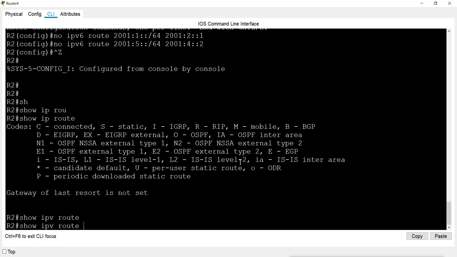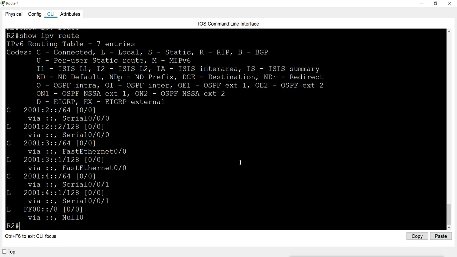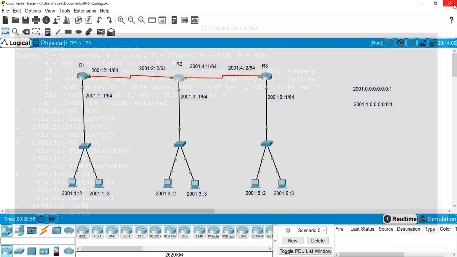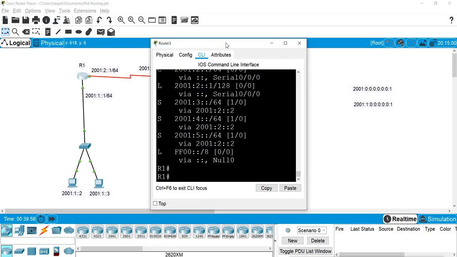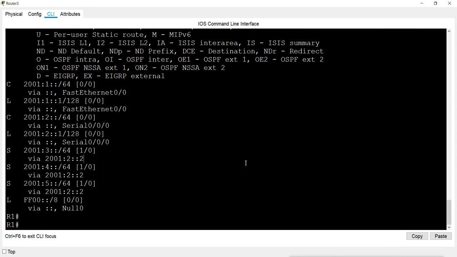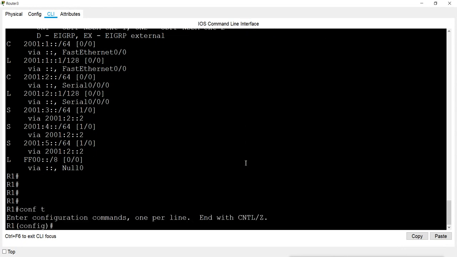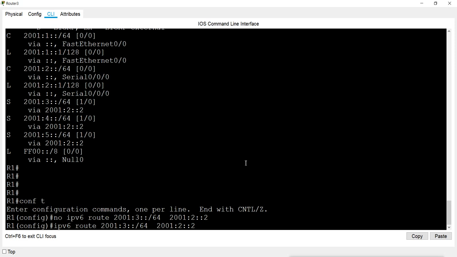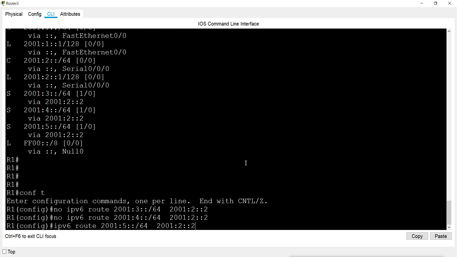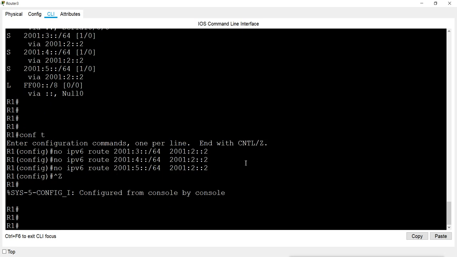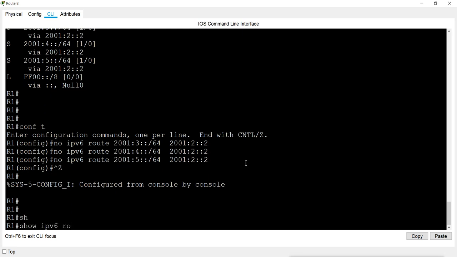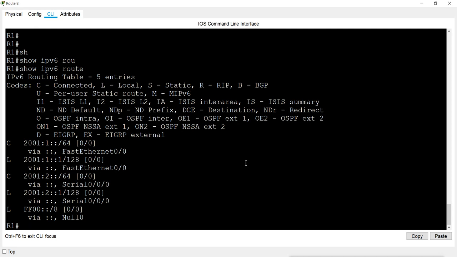Show ipv6 route, and now it is only showing connected networks. Then on router 1 also, and now it is also showing the connected networks.